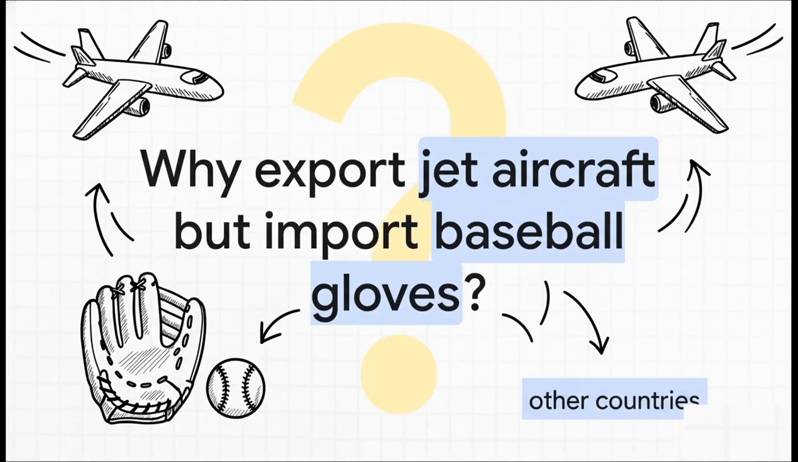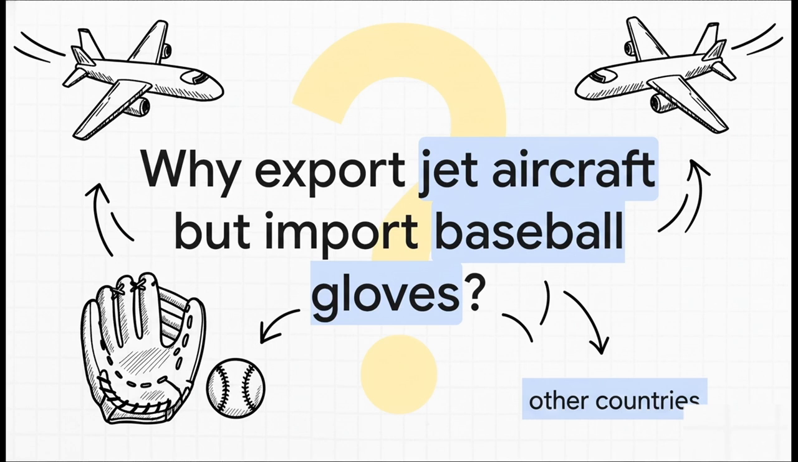Okay, let's get right into it with a perfect example. The United States builds and sells these massive, incredibly complex jet aircraft to the rest of the world. But for something as American as baseball, it actually imports most of its baseball gloves. So what's the deal? This one little question, it's the key that unlocks the whole mystery of how international trade